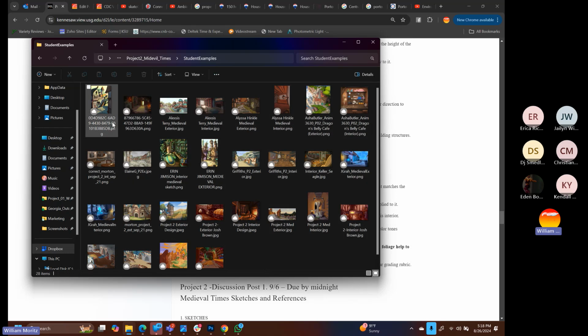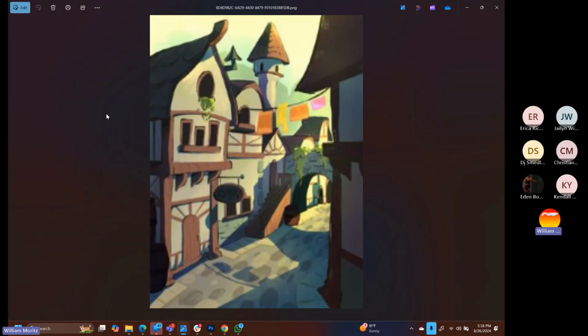Oh, here we go. Let's talk about what's working, what's not working with some of these. I think that this one is a really, really beautiful example of using maybe a non-traditional color space. You can see that this one is rendered extremely loosely. It's very loose. However, the elements that they do have within this loosely rendered medieval background are all extremely well